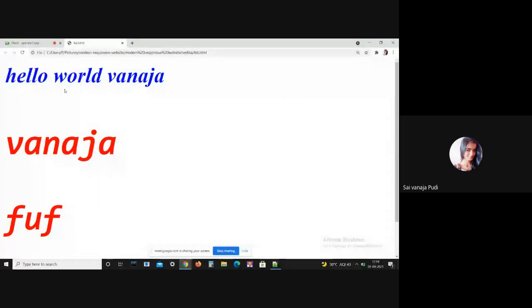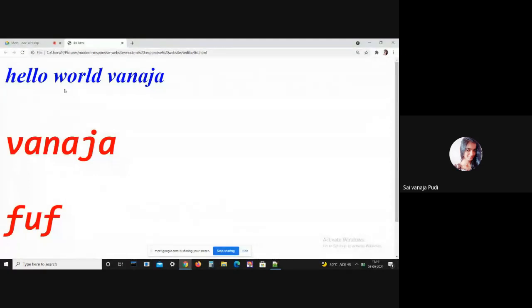Generally this font style property defines what type of font you want to display in your website. It may be anything like oblique, italic, bold, normal. It depends on your wish. Like in some websites, you can see that some content is in normal format, but some content is in italic format. If you see some quotes, generally quotes are written in italic format. Okay, this is how you can use this font style property.